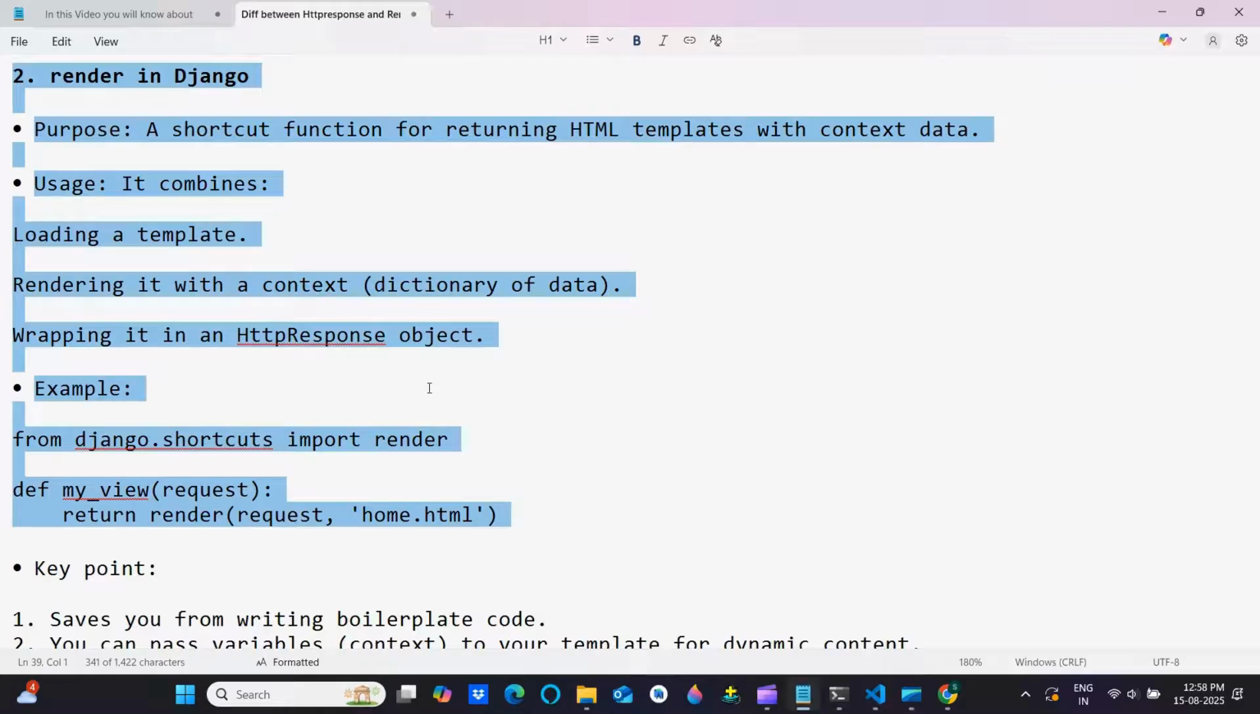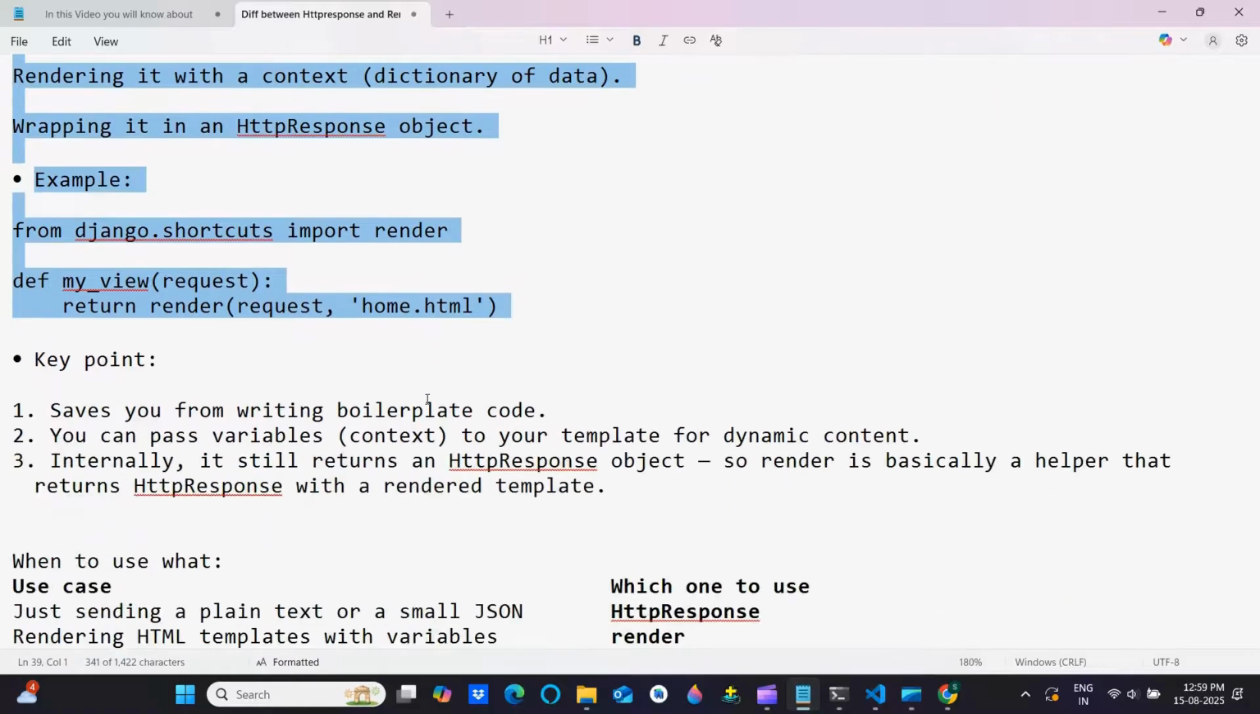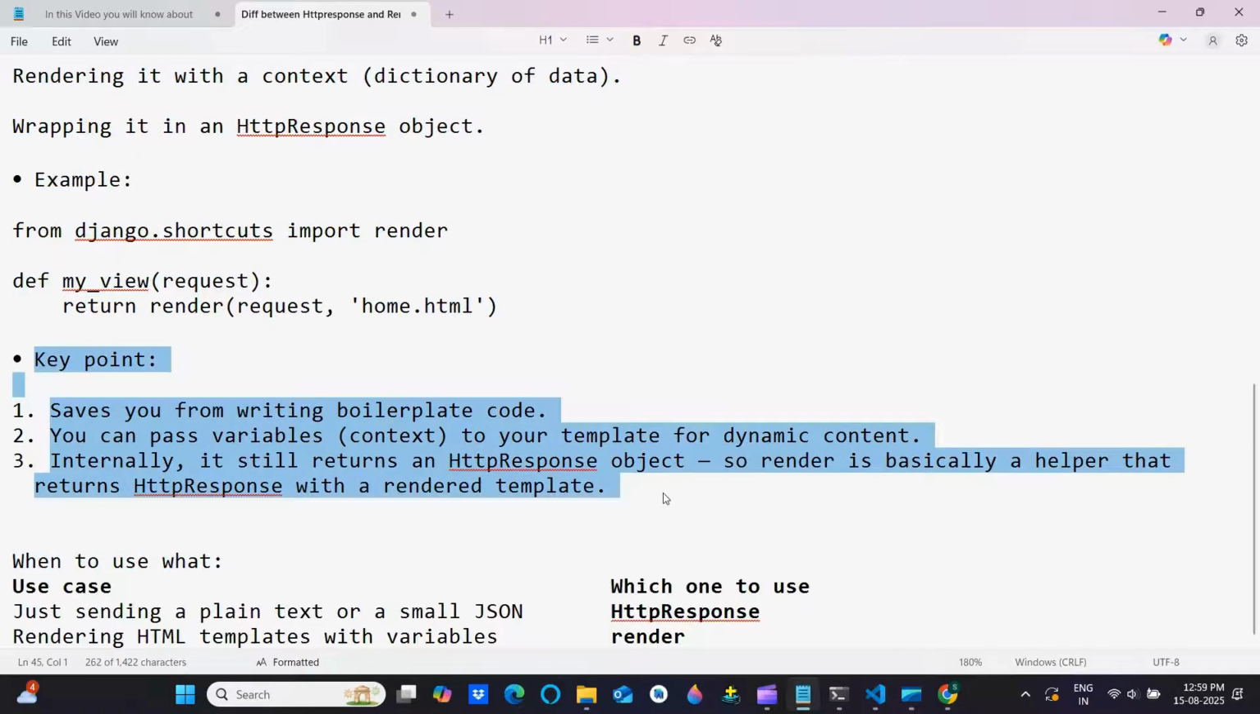object. Example: from django.shortcuts import render, def my_view(request): return render(request, "home.html"). Key point: saves you from writing boilerplate code. You can pass variables, context, to your template for dynamic content. Internally, it still returns an HttpResponse object, so render is basically a helper that returns HttpResponse with a